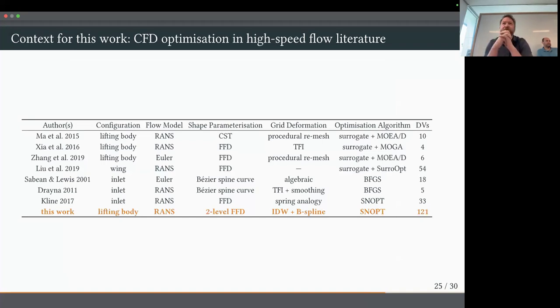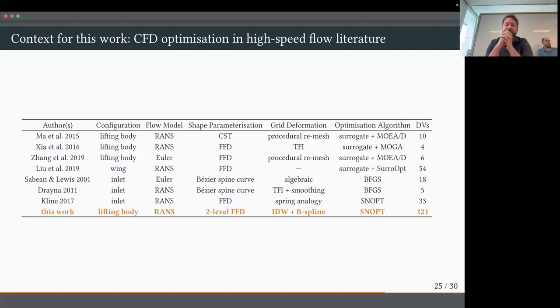So that brings us to the main event, I guess, which is to talk about the lifting body I showed right at the start of this talk and how we can bring all these pieces together to do some aerodynamic shape optimization. But just to set the scene for that, I wanted to show a list of other work